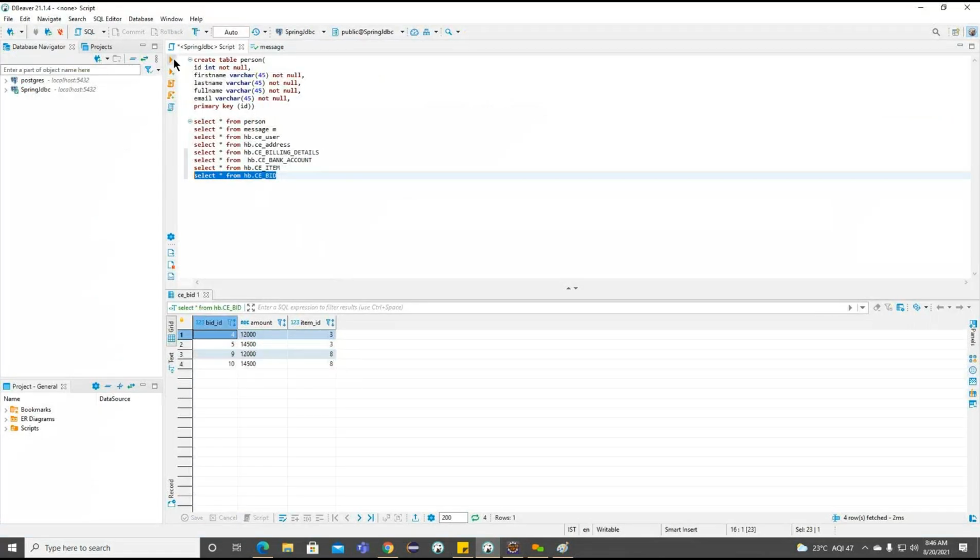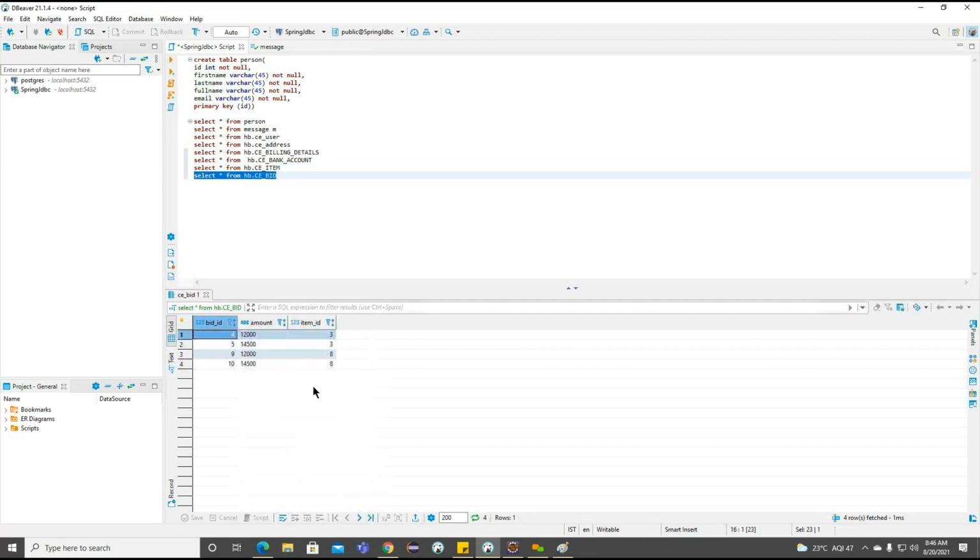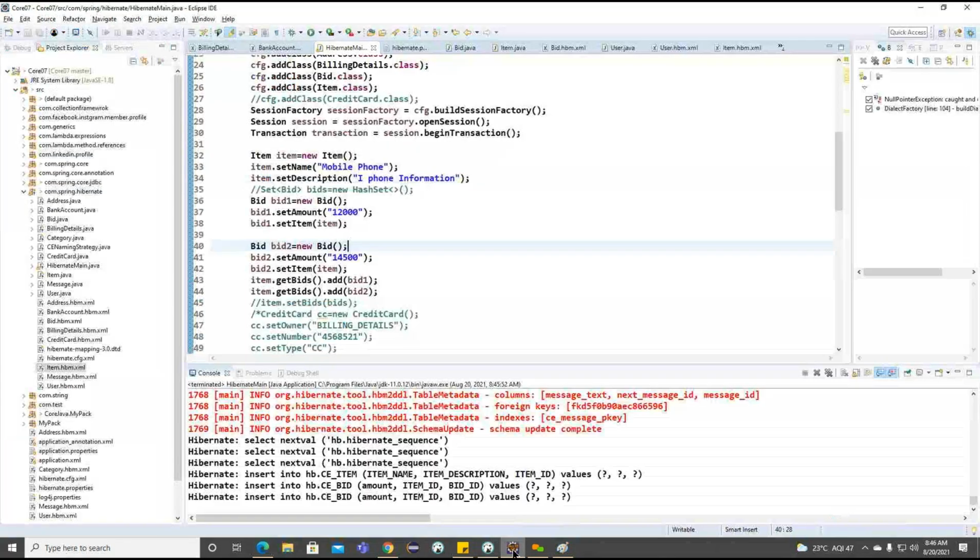Getting the point? Now one more 2 records are inserted, with 9 and 10 and item 8 here. Okay. So this 8 record is associated with our bid here. Now you can see the 8 record here.